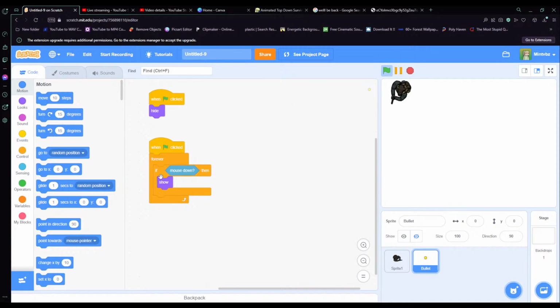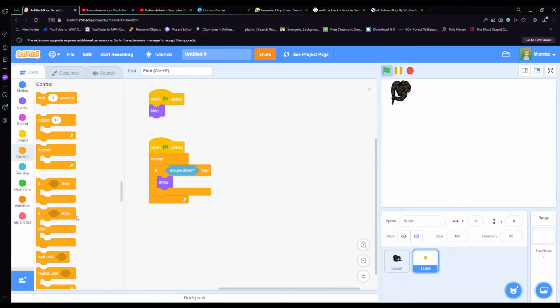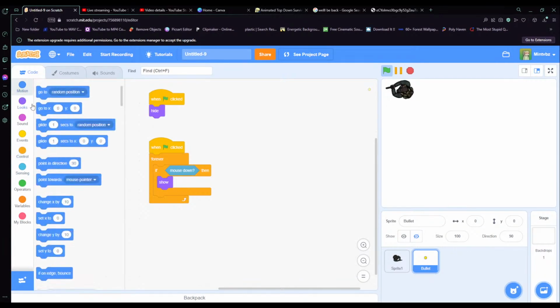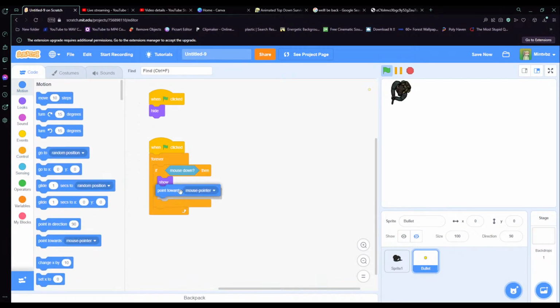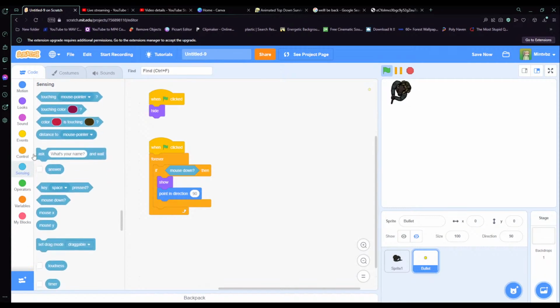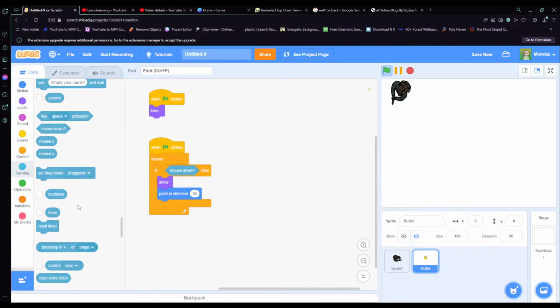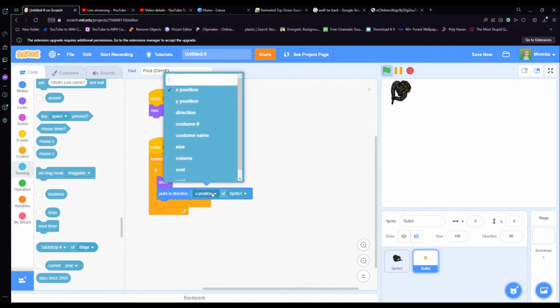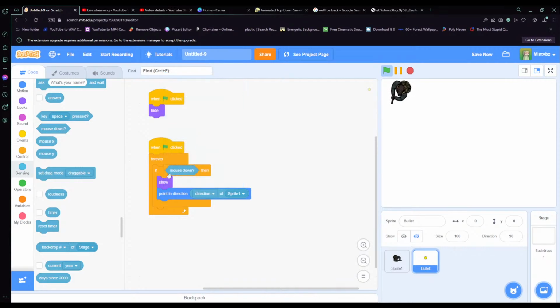So forever, if mouse down, show, and we will do this. We will point towards, or what if we do this? Point in direction. Go to sensing, and then do this. So backdrop number of stage. Instead of stage, click on sprite 1, and we will do direction. Let's try that. So if I show,